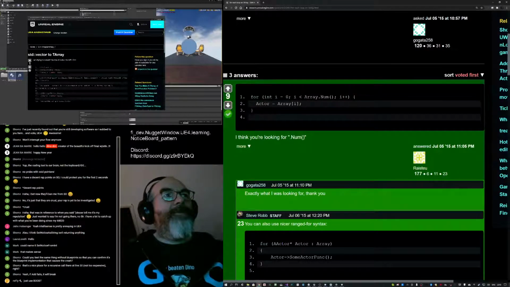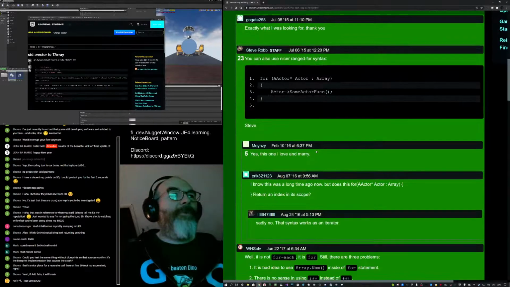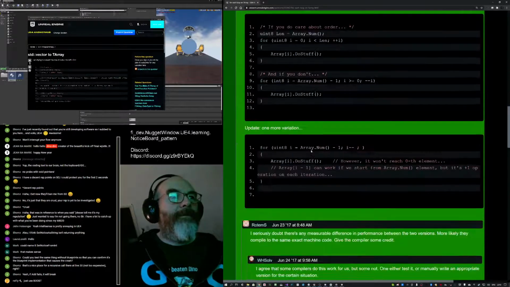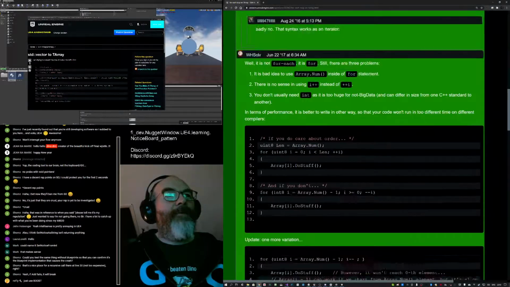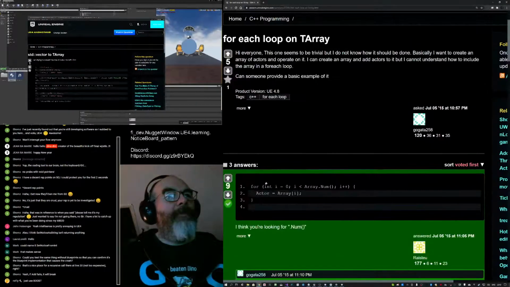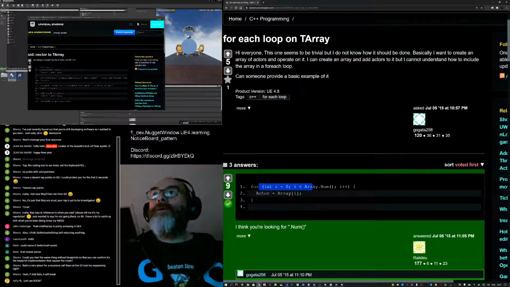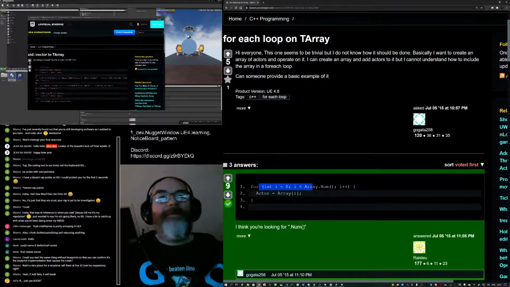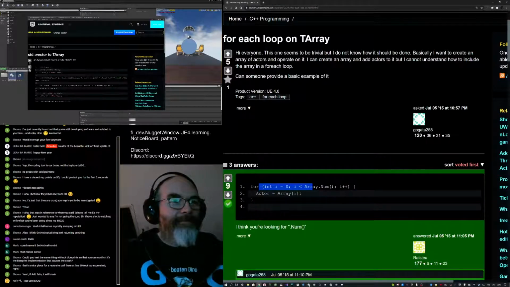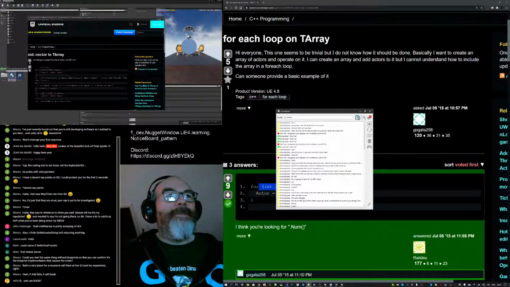Yeah, so this is the first answer, which is, of course, I suppose, the whole post. It got the most votes, so we won't go there necessarily. But you can see here it's got i equals 0, i less than array, just use boost. Okay. It's got to be done, hasn't it?